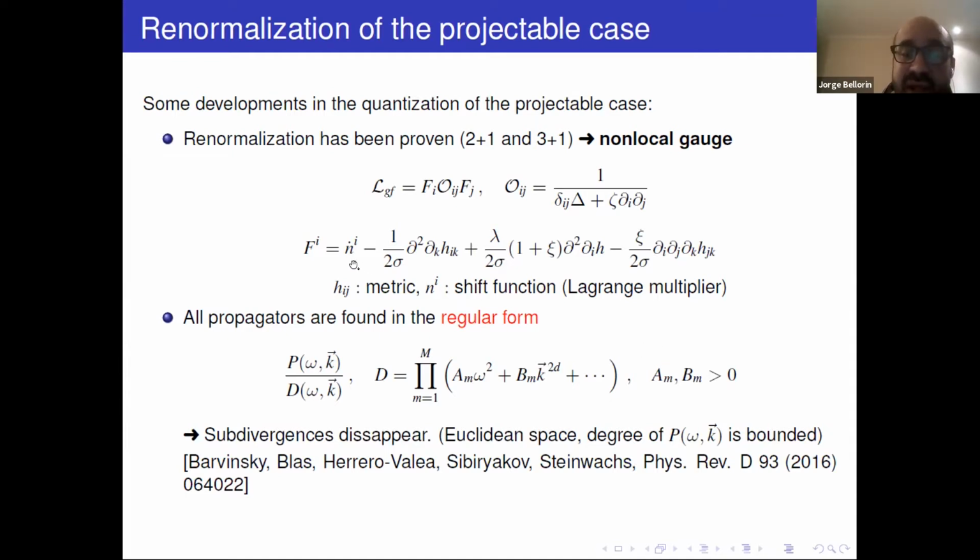The idea is that with this gauge fixing, you obtain in the end a regular form of the propagators for all the modes of the original theory. Regular means that the propagators take a hyperbolic form in Euclidean space. This is very important, and I think it is the central step to prove the renormalizability, since the authors were able to show that subdivergences in diagrams disappear once all the variables get a regular form for the propagators.